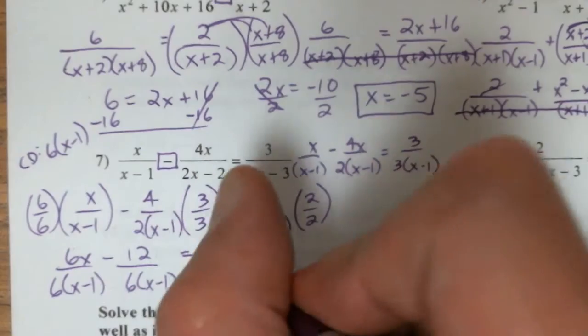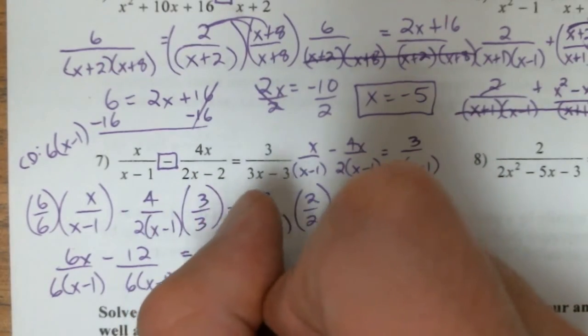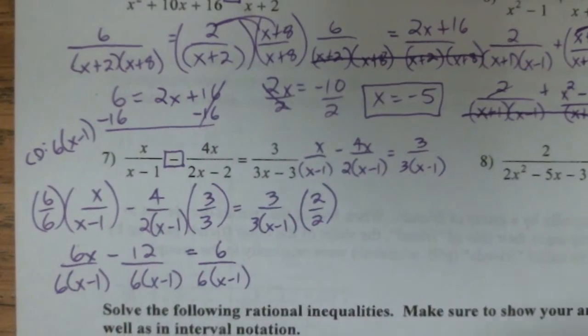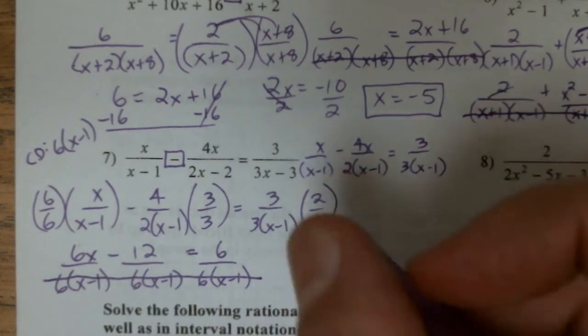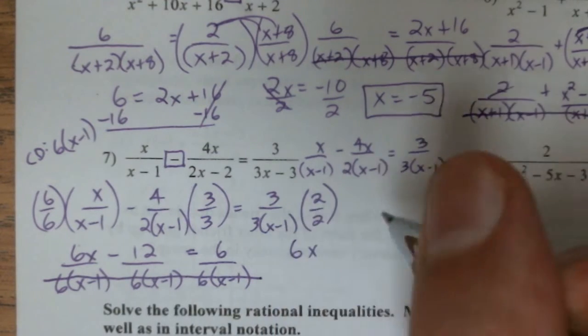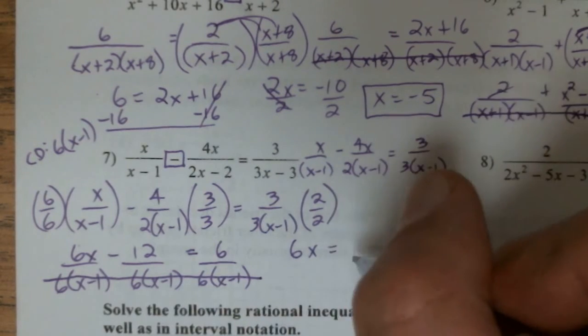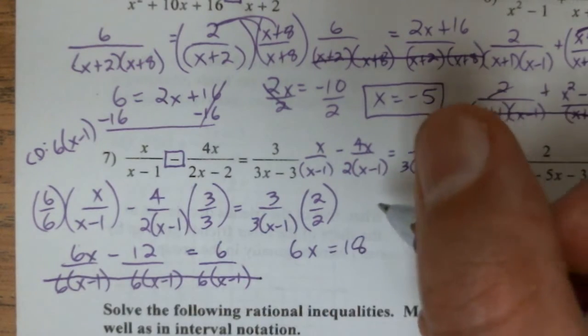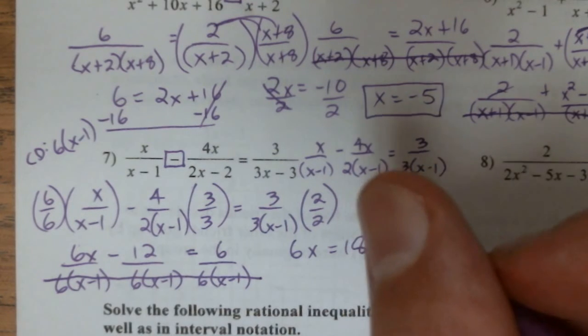Okay, 3 times 2 is 6. And that's over my common denominator of 6 times x minus 1. Okay, common denominator, bye. And I'm left with an equation on top. All right, so 6x, let's move the 12 to the other side. Let's add 12 to both sides. 6x is going to be equal to 18. And I am going to,